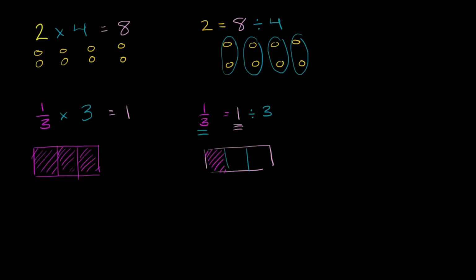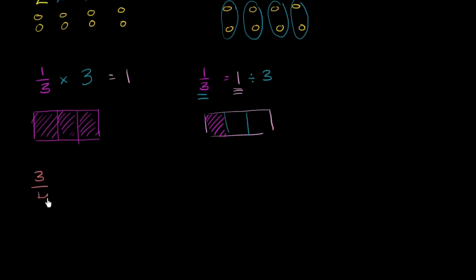1/3. Now this leads to an interesting question that might be popping in your brain. Notice we have 1 as a numerator, 3 as a denominator, and we just said that this is equal to the numerator divided by the denominator. 1/3 is the same thing as 1 divided by 3. Is this always true for a fraction? Well, let's just do the same thought experiment, but let's do it with a different fraction. Let's take